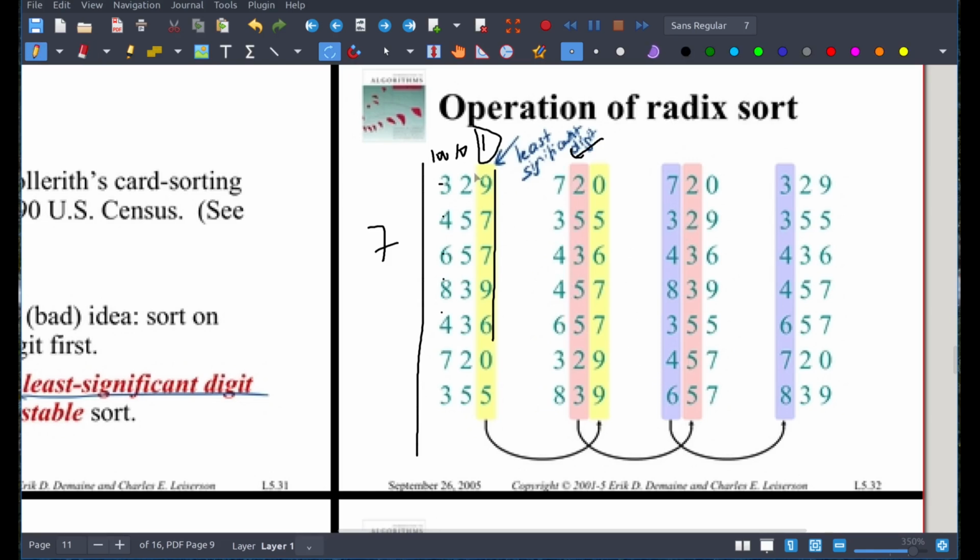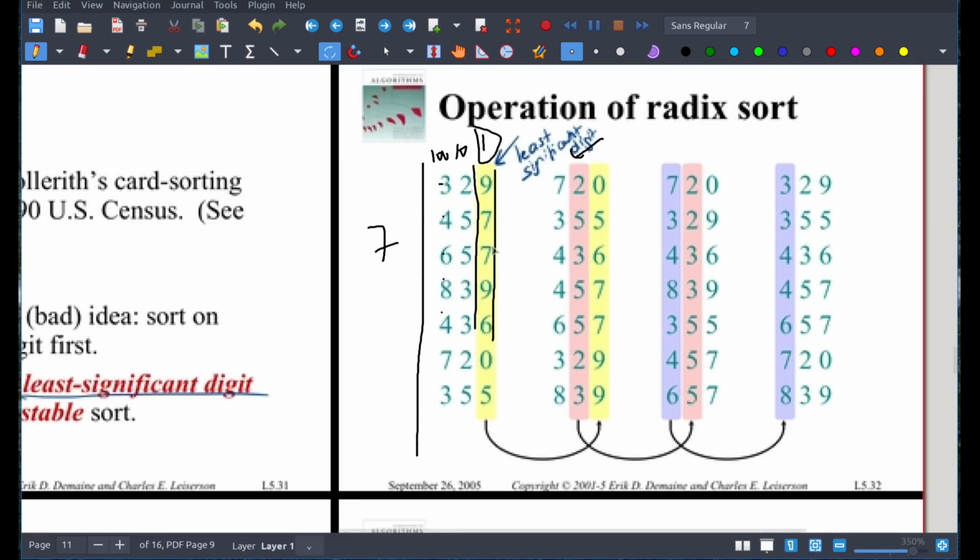Now the sorting algorithm always needs an auxiliary sort as well. When I say sort based on this least significant digit in that position, I'm going to use another sorting algorithm, right? So Radix sort is a sorting algorithm that uses another auxiliary sort, which needs to be a stable sort. So what does stable sort mean? As I mentioned earlier when I was talking about counting sort, it is a sorting algorithm that keeps the order,